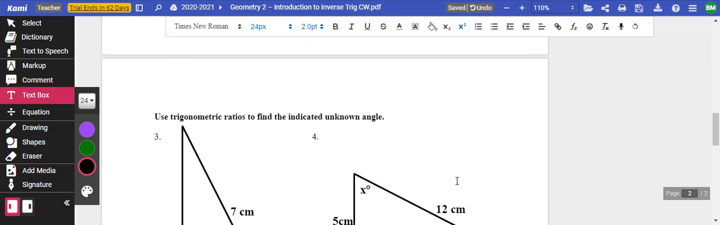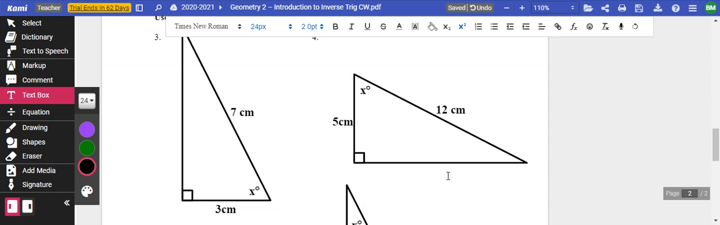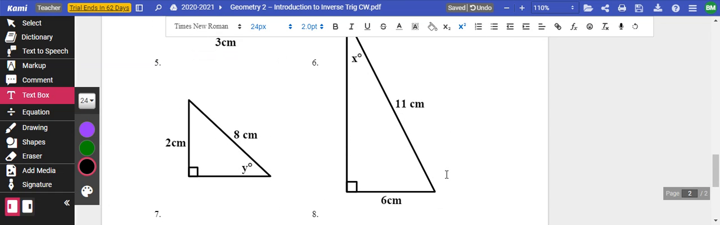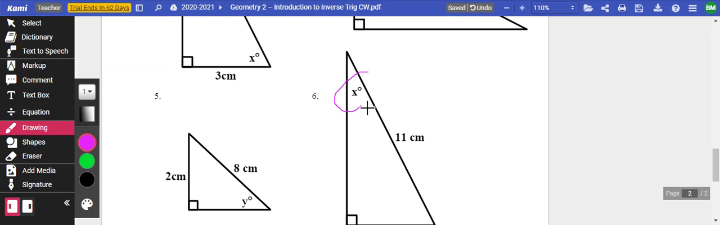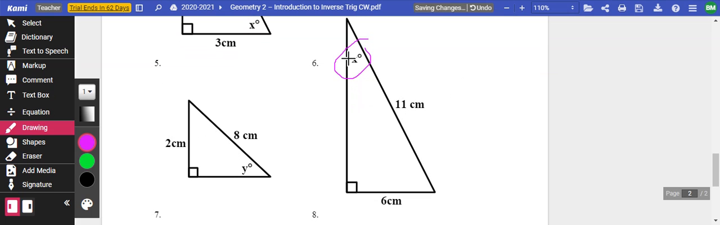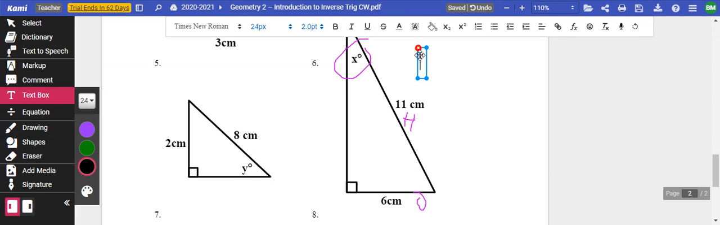So let's move on. Let's look at a couple other ones here. Let's look at number 6. So we will do some more in class as well, but these are just a little bit different. We've got x here, we've got 6, which is the opposite, and we've got 11, which is the hypotenuse. So we're going to use sine for this. So sine of x equals opposite 6 over hypotenuse 11, or x equals sine inverse